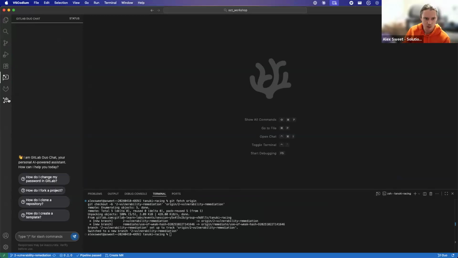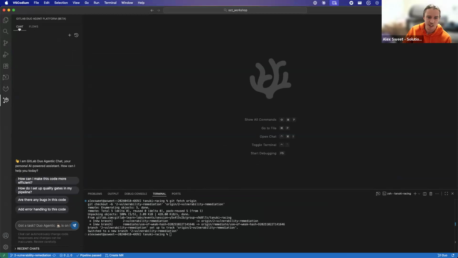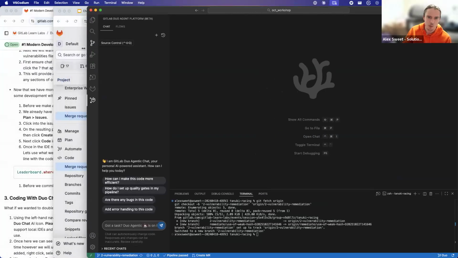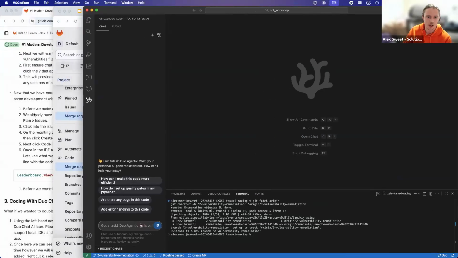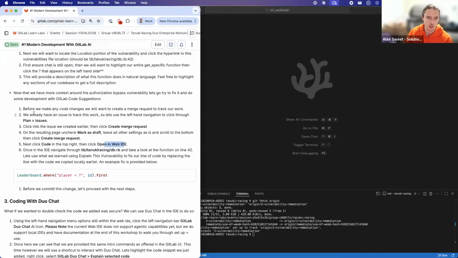Part of the reason I'm doing this is that, at the moment, agentic chat isn't available in the web IDE. It's only available in desktop IDEs. We do support all the main desktop IDEs. It's all documented within our documentation. So